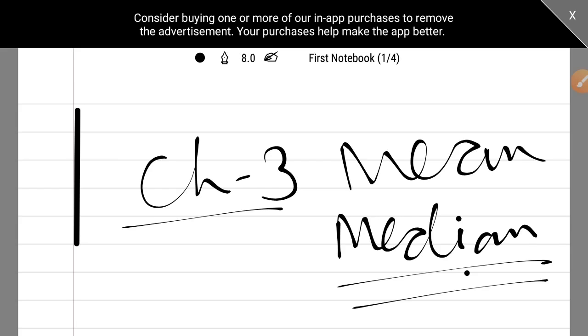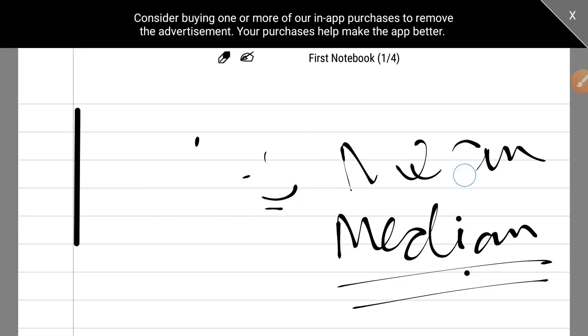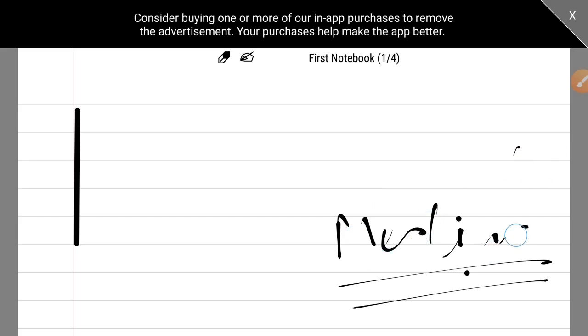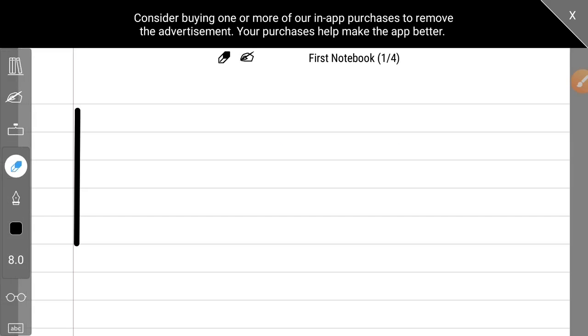In the topic of median, what we have done: when xi is given, we have done when fi xi is given, and today we are going to do when class and frequency are given. Yes, today we are going to do when class and frequency are given. So let us write the heading